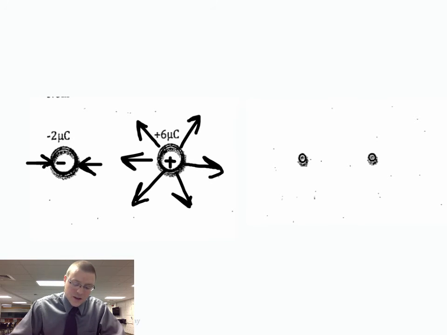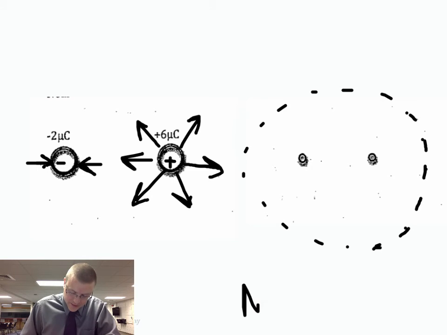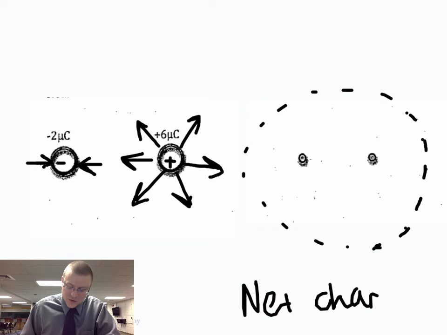The question then is, what if I zoomed away? If I could zoom away from those 2 charges there, and this was my new range of looking at those charges, if I'm way out here,